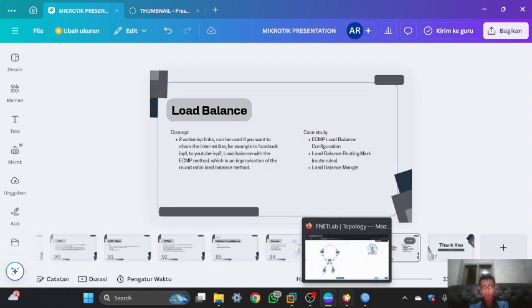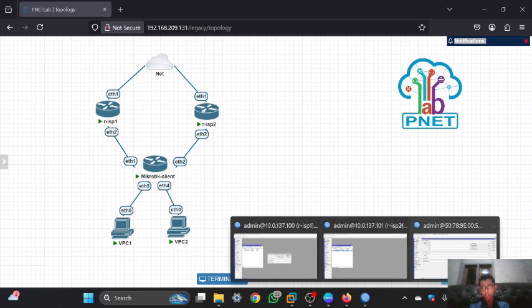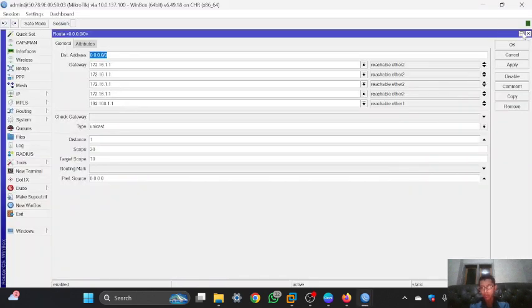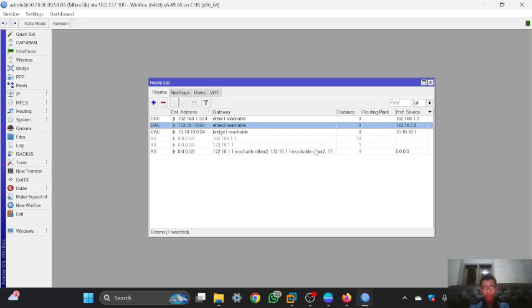So I want VPC1 to use ESP1, and VPC2 to use ESP2. So you can go to Winbox and then you can turn off the last configuration of routing, which is this,